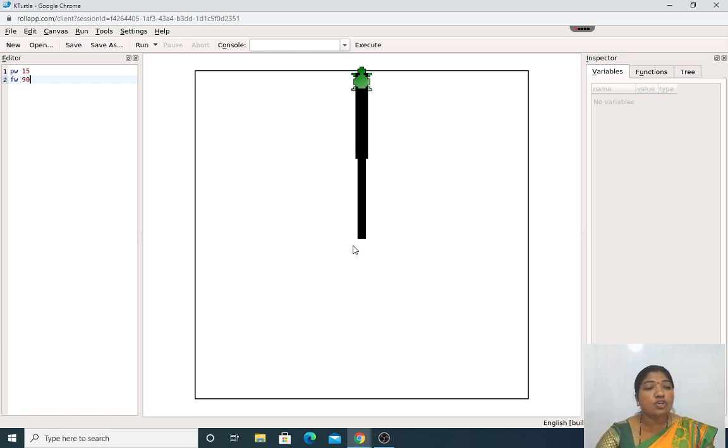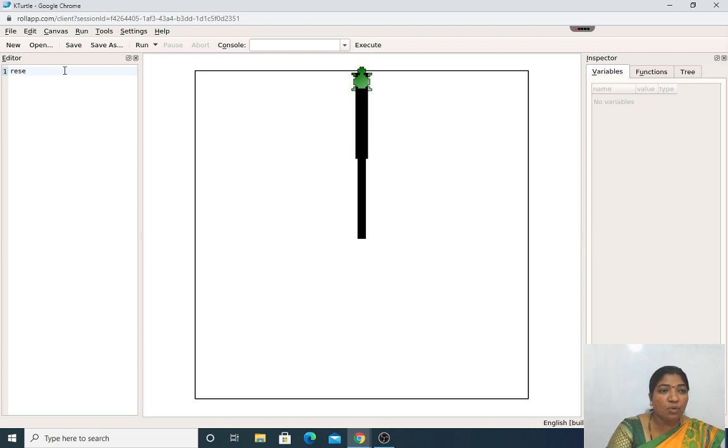The last topic is changing the canvas. What is the meaning of changing the canvas? This can be done by the canvas color and canvas size. Okay. There are two canvas changing options with respect to size and color.